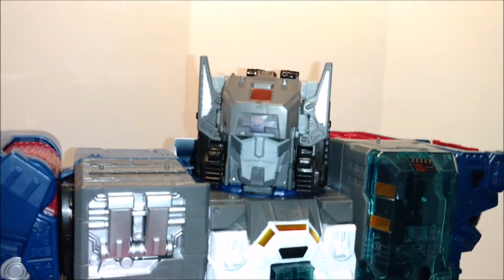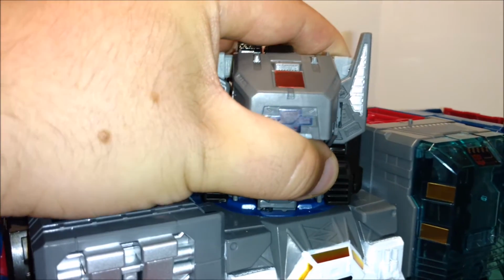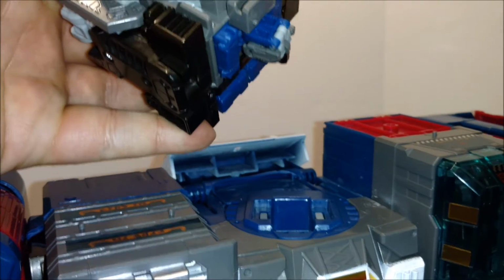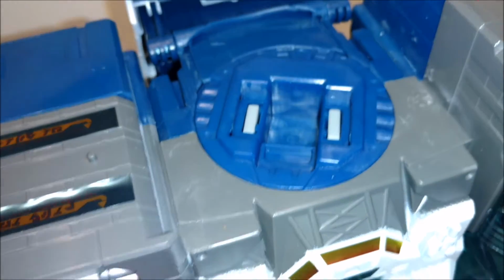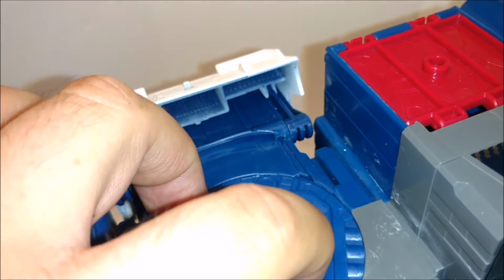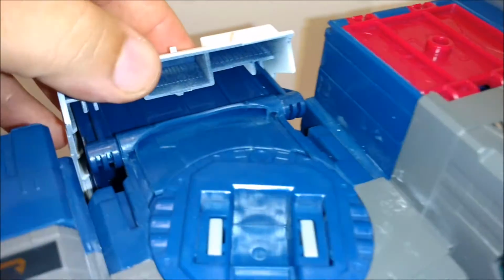So we've got to take the head off real quick and review that. In the head, like I said, it can just come right off. Oh, and it makes a noise when it comes off. Put him down there on the ground. And that's what I'm talking about right there. It does move. You can move it with your fingers, it's just hard. But once you put the head in there, it moves around, and the buttons interact with the head anyway, because the head has all the electronics. And like I said, I painted this part white. You can see where there's some blue still in there, but you don't see it in the city mode. But there's a headless